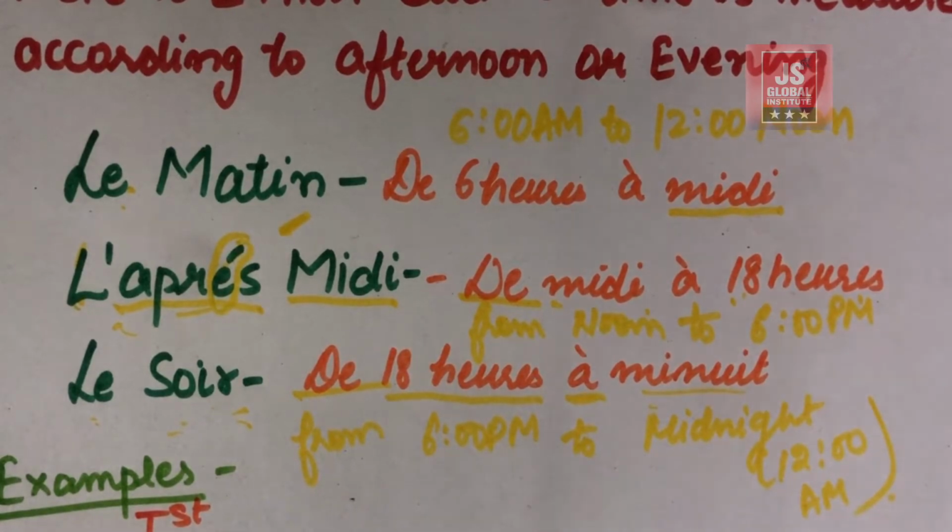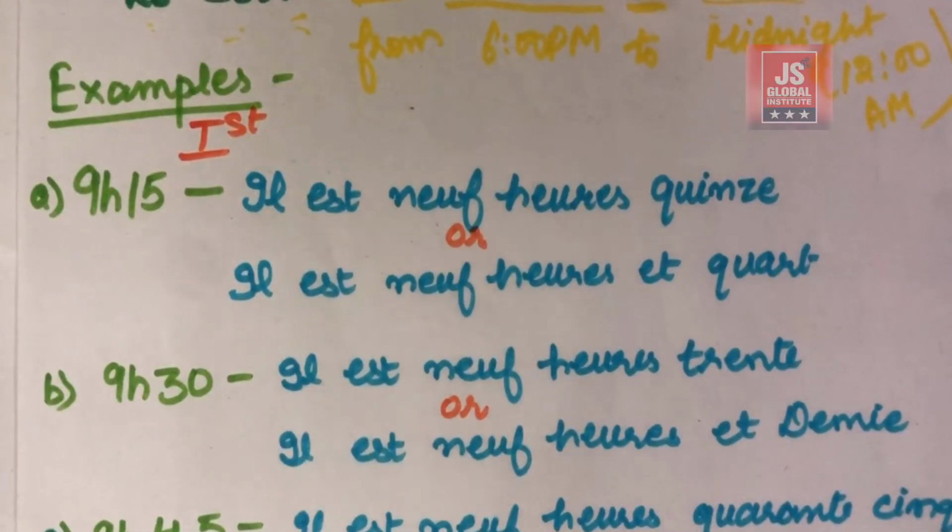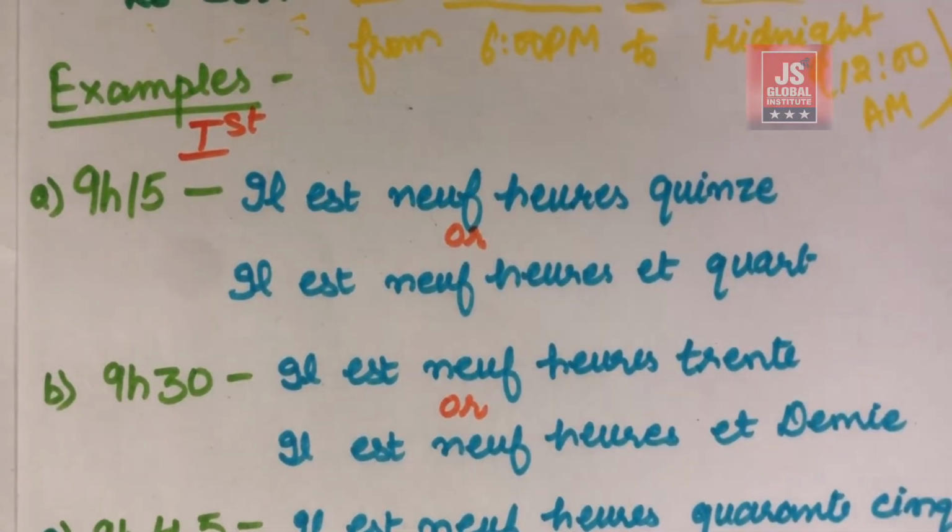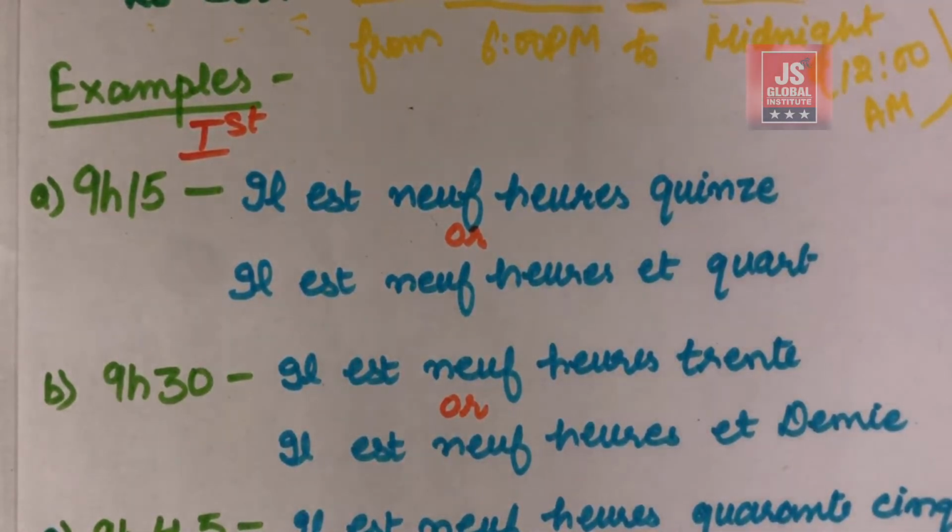Alright, so now we are going to see how time is represented. First of all, we will have a look at how it is done usually, and then in the second form we will learn how it is represented in terms of morning, afternoon or evening. So students, we are already done with the numbers in French, and if you have not done them, I will refer the link in the description. Please just go and learn numbers first, and then only you will be able to understand the timings.